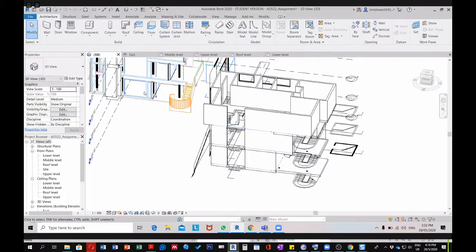If I click edit type and I click preview, I can see how the window looks. I think we can make it shaded. Anyway, I can get an idea, it's like a frame and glazing. Those windows, which means I have to select this window type in order to make it look like the existing building. And of course, as I mentioned, we have to duplicate, rename it,